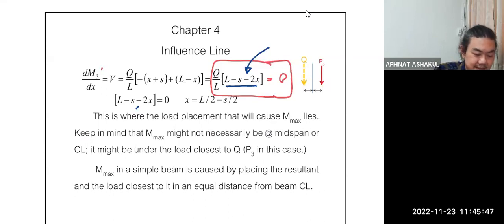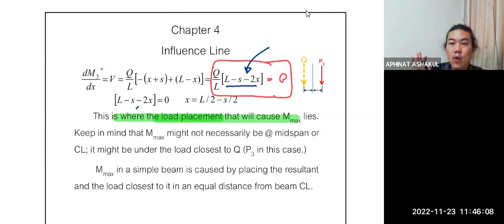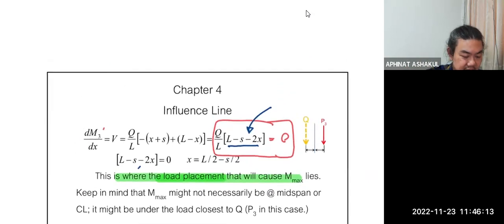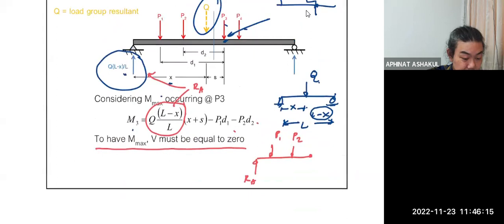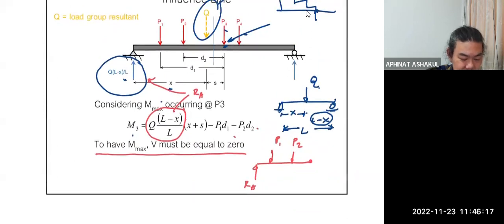So this, ladies and gentlemen, I really don't like to speak with the PowerPoint, but it is what it is. This is where the maximum load will occur, not the maximum load, I mean, this is where the load placement will give you maximum. You need to place your load group such that this distance x here